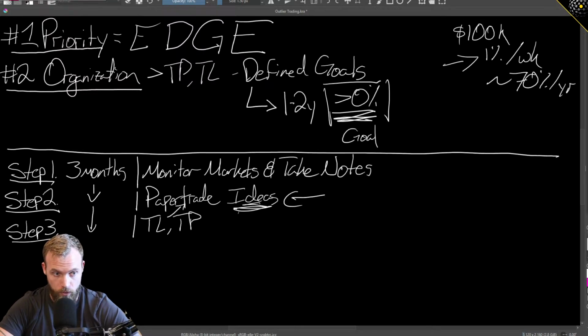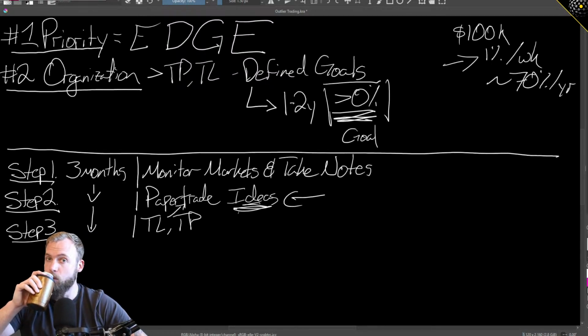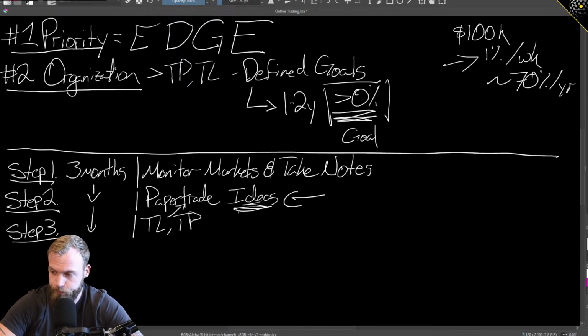So again, the main thing to answer Ben's question is that all you're doing is gaining context. You're not actually trying to trade these great ideas. Everything that you're trading in this is probably going to get thrown out. This is just so that you can look at the markets and be engaged with your interaction with the markets while you're learning. That's exactly what this is. This is not to actually build trade ideas, because a trader at this point is not prepared in any way to come up with good trade ideas.